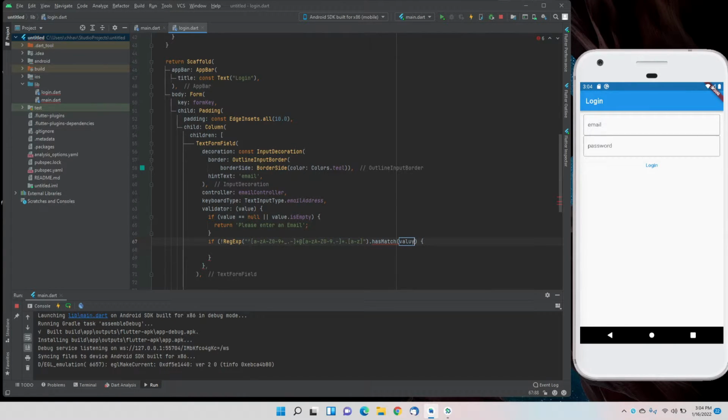Basically, this regex is making sure that there is at least one @ and .com in our text field, right? Because in an email, @ and .com are very common; every email has that. So this should match our value, and if it doesn't, then we'll return 'please enter a valid email'.